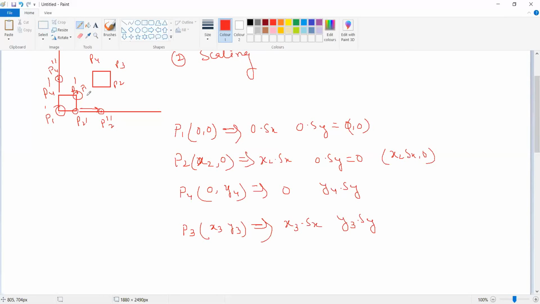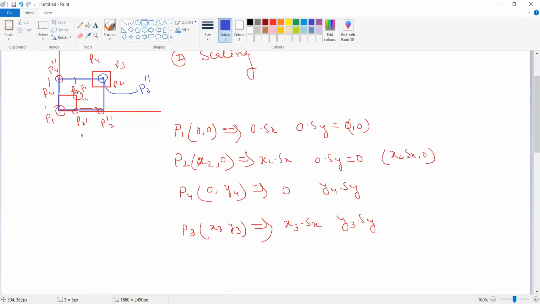So this point will change accordingly if you multiply it. This point P3 will get its new position somewhere over here. Okay, let me take some other color. So my P3 will be somewhere over here. This point is P3 double dashed. So what actually happened after performing all this multiplication? We got our scaled object like this one.